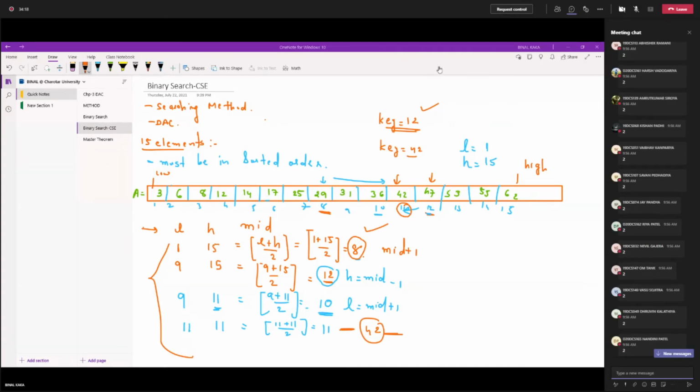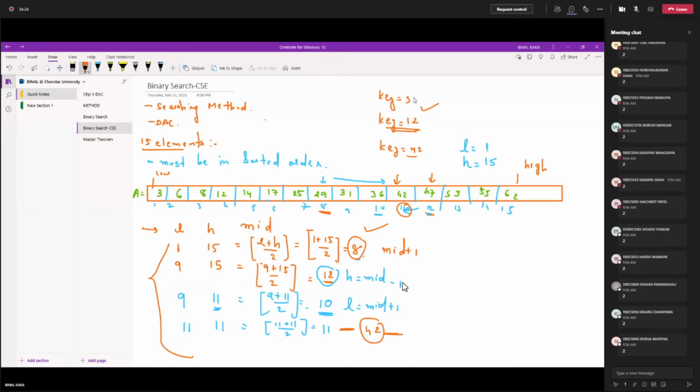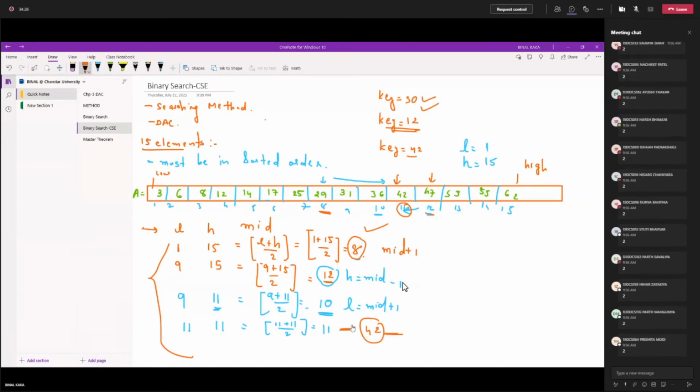So almost all students ने right answer दिया है. It is 2. Now identify key element 30. चलो. And tell me how many searches we required. Key element 30.